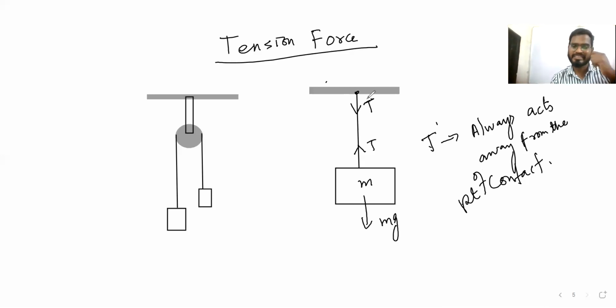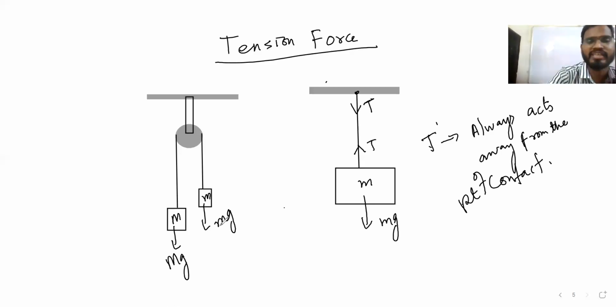Let's see. Same string, same tension. What is the meaning of that? If the string is made up of same type of plastic, then of course the tension is going to be same. But the problem, in between also mass should not change. So same string, same tension. Different string, of course different tension. Now here we can say, suppose mass is m and here is capital M. So here is what? M, capital Mg, and mass is what? Small mg. Here we are considering pulley is massless. String is also massless. It is unbreakable, unstretchable. So we can say there will be a tension here and here, and both the tension is going to remain what? Same. Hope so you got it.